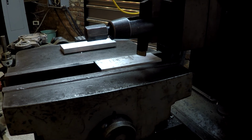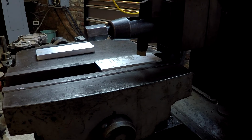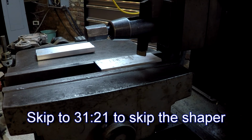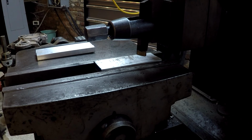All right, we're over at the shaper. We got our blanks cut out here. We're just going to face these off. I'm not really trying to remove any metal. I'm just trying to clean them up a little bit. And the machine's been warming up for a little while. We'll be using good old-fashioned WD-40 as the cutting lubricant of choice for aluminum. So we're going to get it fired up here